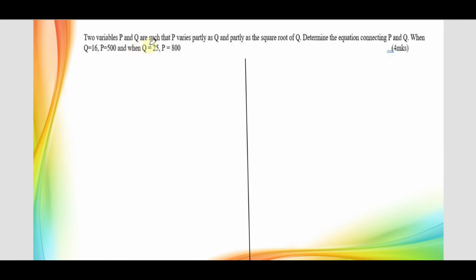Two variables p and q are such that p varies partly as q and partly as the square root of q. Determine the equation connecting p and q. When q is equal to 16, p is equal to 500, and when q is equal to 25, p is equal to 800. So the first thing will be to write